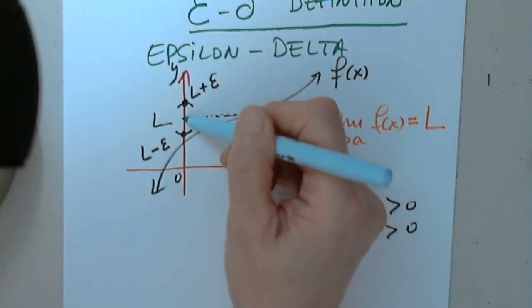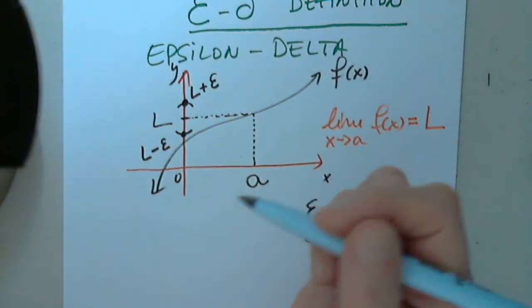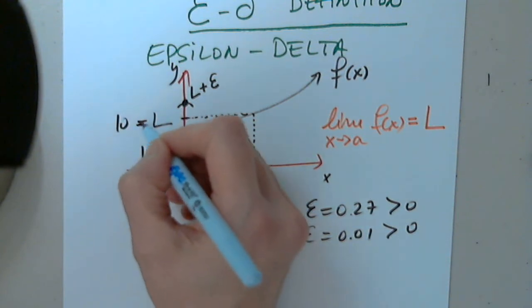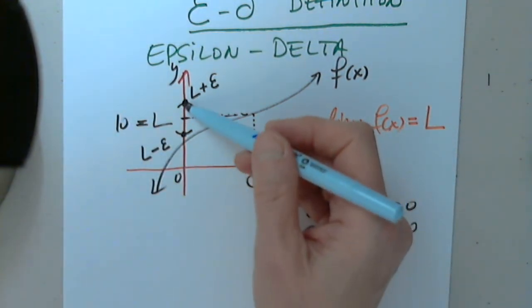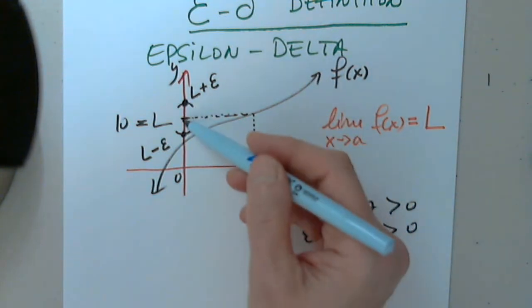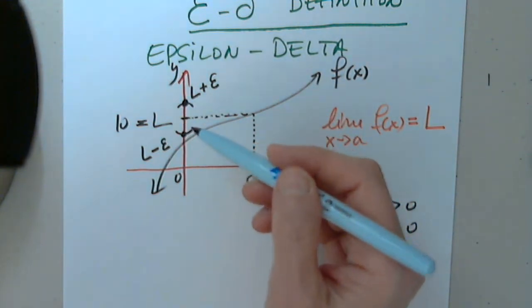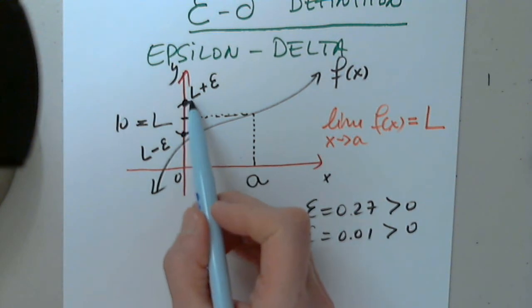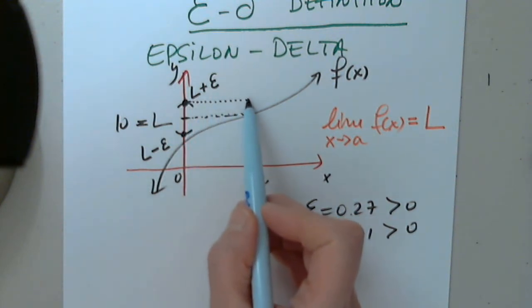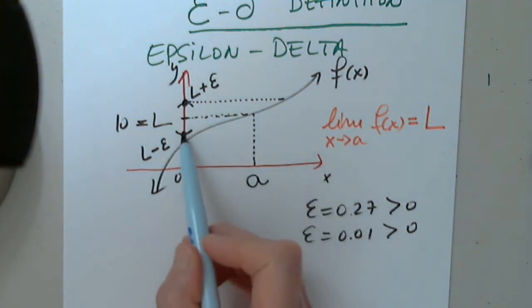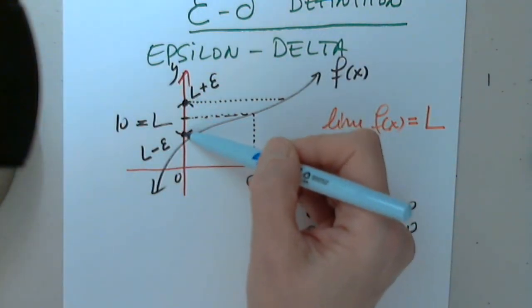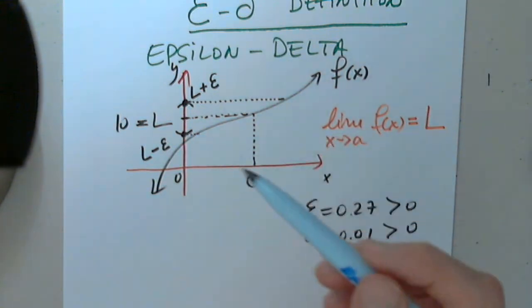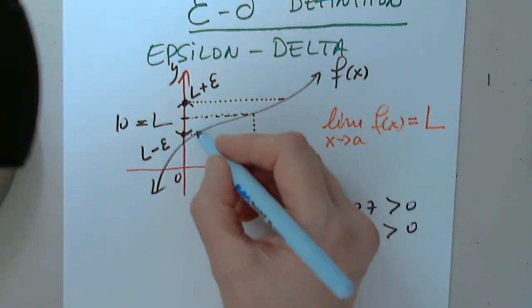So if we choose, this is a number, let's say 10. So if I have 10 minus a little bit, 10 plus 0.1 and 10 minus 0.1, and I extend horizontally these lines from 10 minus a little bit and 10 plus a little bit,